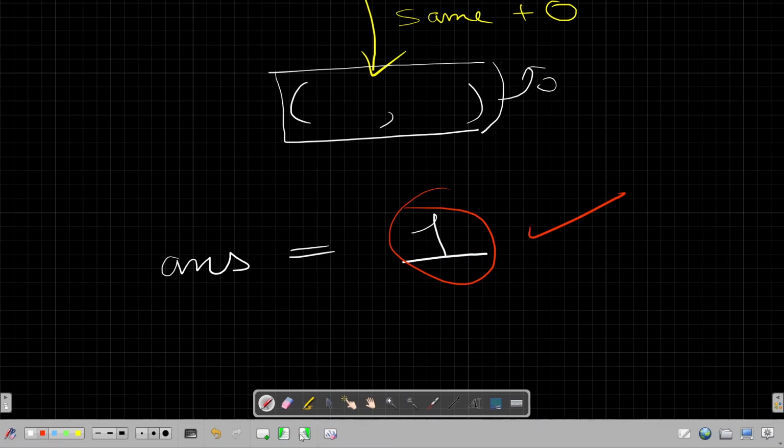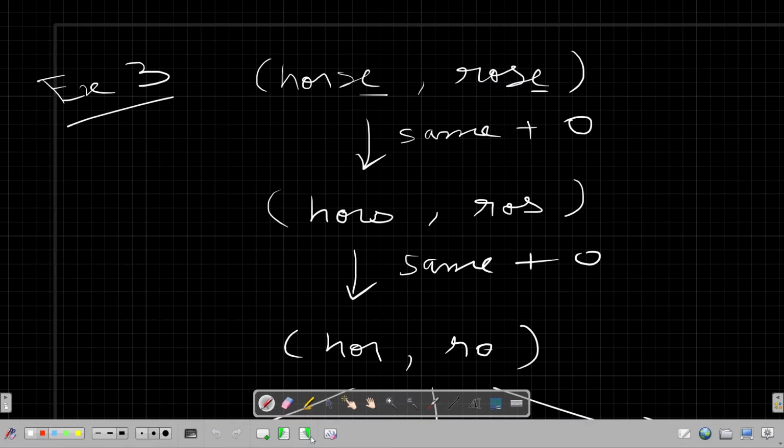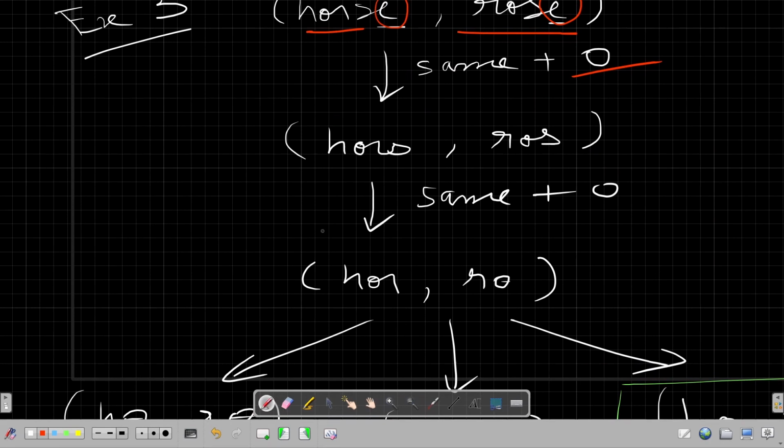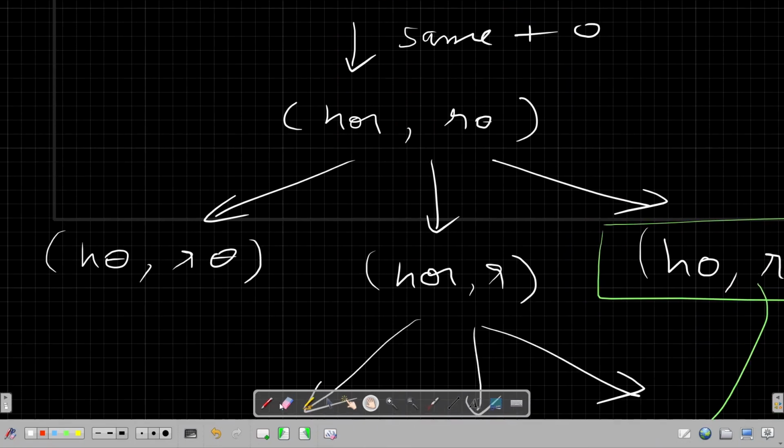Hopefully you'll get to see the pattern from this test case. So this is the actual test case which is given in the problem statement. First string is horse, second string is rose. So E and E are same, we can skip. Now I'll move a bit faster. Now we have horse and rose. Again the last character is same, I'll skip, and I'll reach this test case.